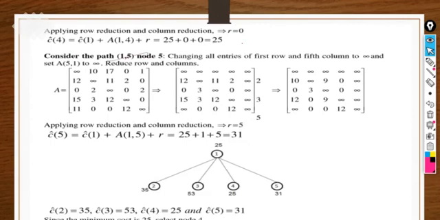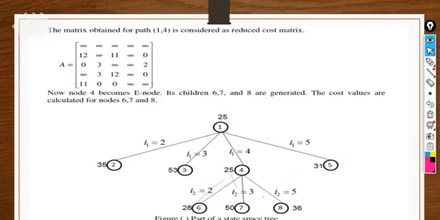Next, 1 to 5. Again compute; these are the costs that we have already computed. It's 31. Take the minimum one. The fourth node we have selected. Then after the fourth node we have expanded, like node numbers 2, 3, 5 we have given here, right? So these are the node numbers that we are expanding in the state space tree, and these are the nodes that we are taking from the graph, like 1 to 2 we are selecting after covering 1 to 4, but we are left with 3 nodes to cover: nodes 2, 3 and 5.